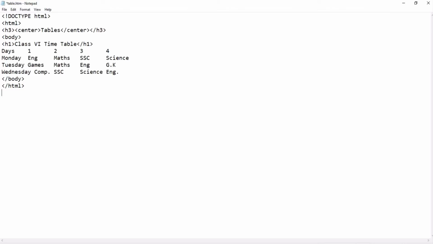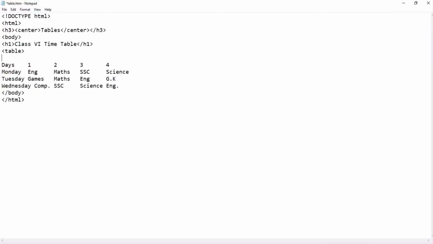Like this is my first thing. So what I will do, press enter. Now I will use the table tag, okay. After that I will use tr tag. Tr means this tag is basically used for row, okay, because this is our first row, okay.